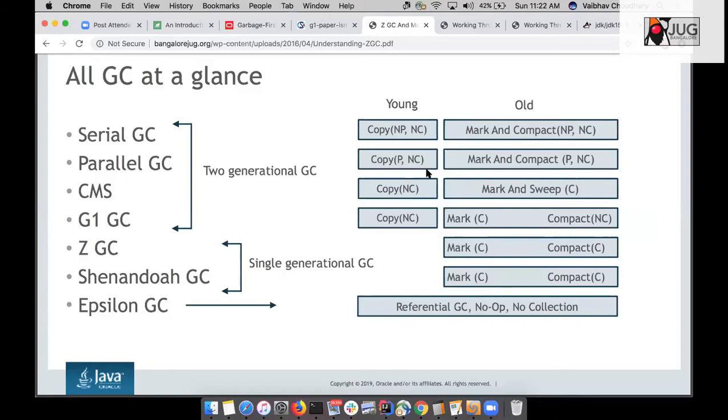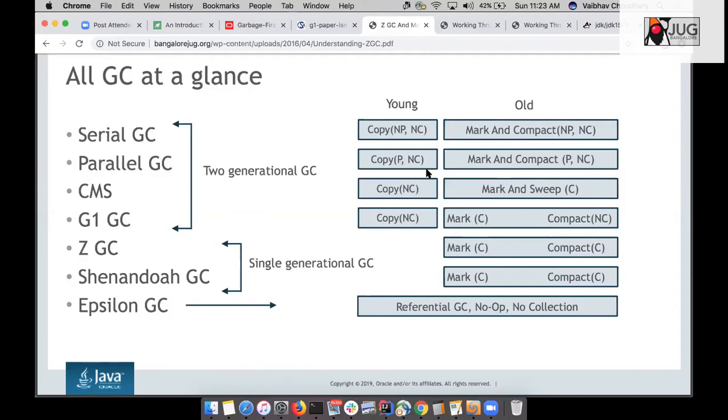Now, when I come to ZGC, you can see that there is no young generation, because I am going to break the idea of the weak generational hypothesis. On the basis of the weak generational hypothesis we were dividing into young generation and old generation, but now that is gone. Since the GC is so fast, we really don't have to say, go and run into the young generation more often and then into the old generation. So ZGC is a single generational GC.